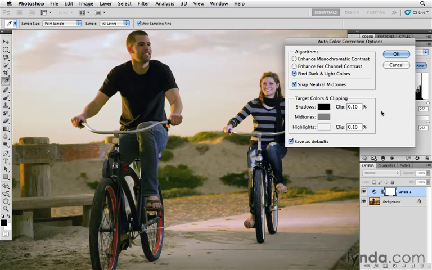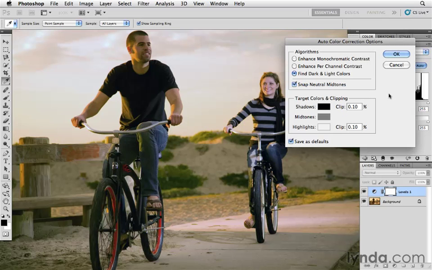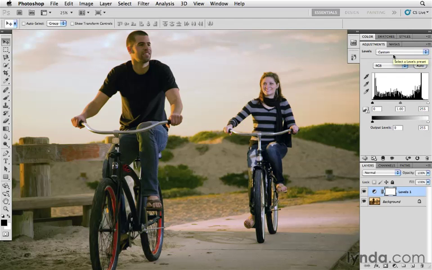And the good news is you'll only have to change those numbers once. I'll bring them up on screen just real quick. Shadows are 75, 63, 63, 95. Click OK. Highlights are 5, 3, 3, 0, and click OK. Because when you click OK this last time, Photoshop's going to ask you if you wanted those to be your defaults. Now, it didn't happen on my screen because I'd already chosen it. But on your screen, you would see a checkbox that says, do you want these to be the new defaults? You would say yes. And now every time you click that auto button, you're going to get those same better